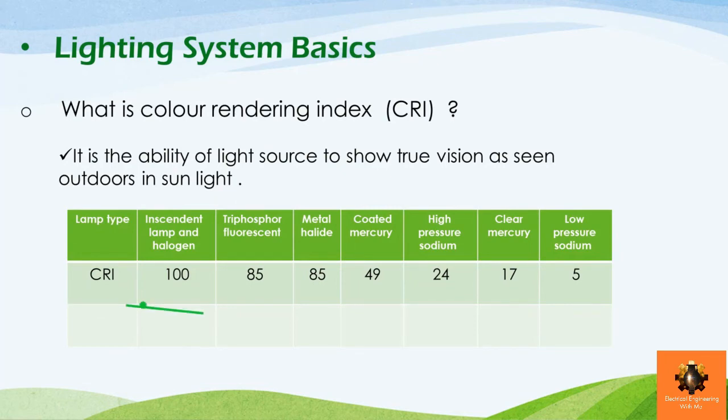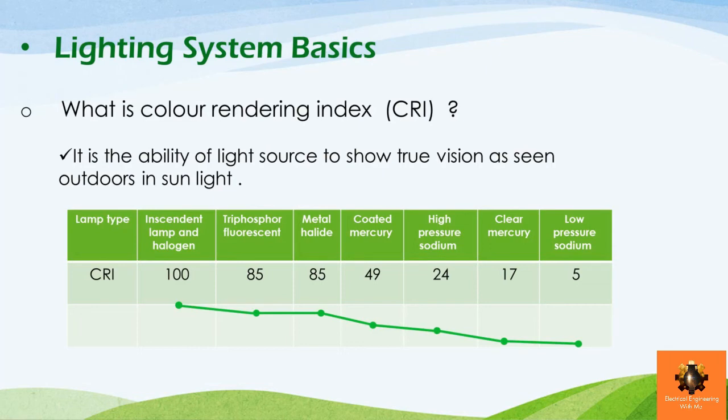So the incandescent lamp has the highest CRI of 100%, while the fluorescent lamp has a lower CRI of 85%. The same goes for the metal halide, which is 85, and the coated mercury has a lower value of 49. The high pressure sodium has a value of 24%, and the clear mercury value is 70%. And finally, the low pressure sodium has the lowest CRI,